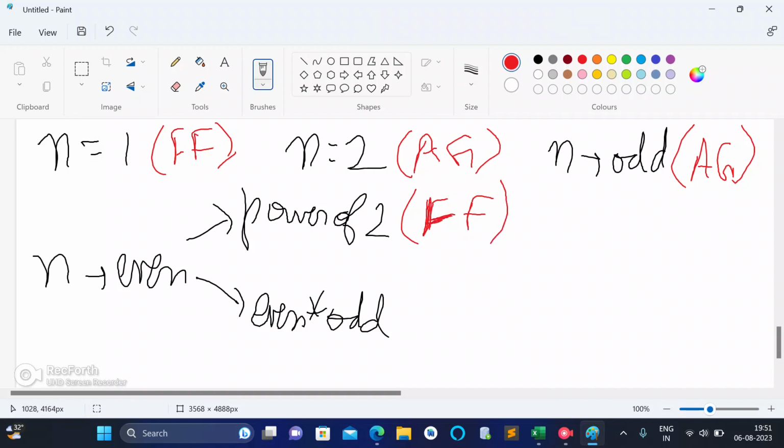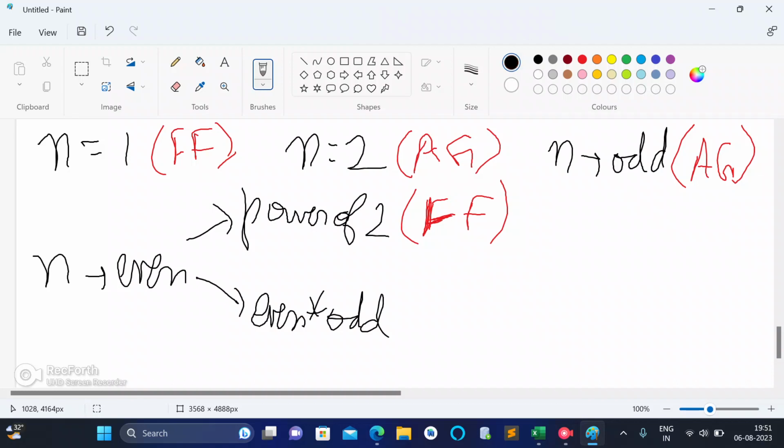Why? Because if it is a power of 2, then Ashish Gupta will forcibly have to subtract 1, because it does not contain any odd divisor greater than 1. So Ashish Gupta will subtract 1, then the number becomes odd. Then Fastest Finger will say, now I divide the number by that odd number only. So as soon as he divides the number by the odd number, the number will become 1. Then Ashish Gupta won't be able to make any move, so Fastest Finger wins.